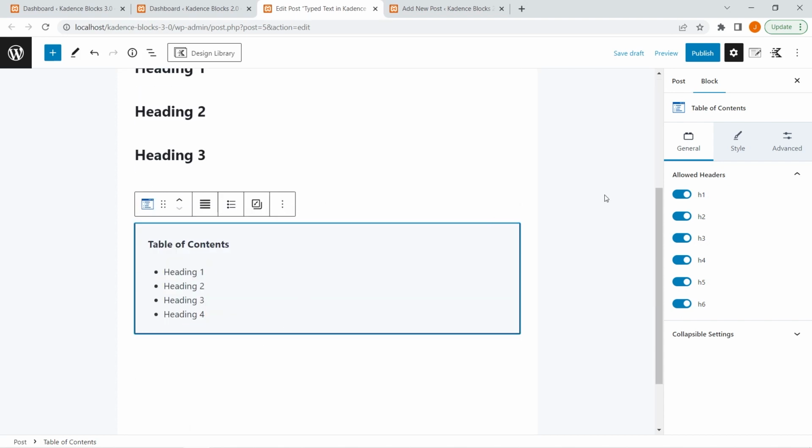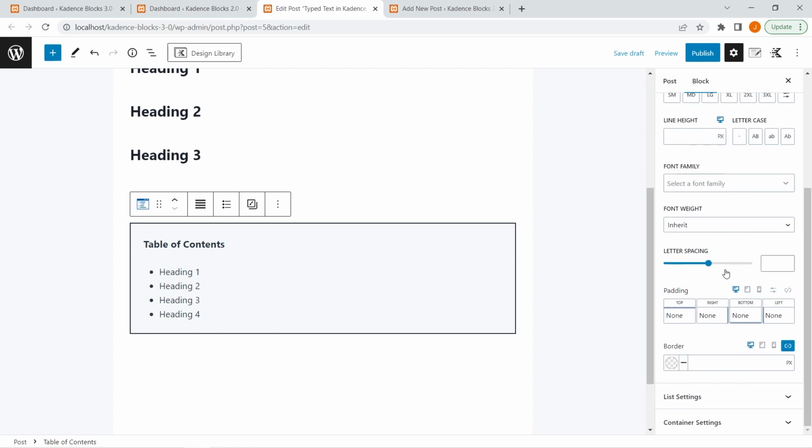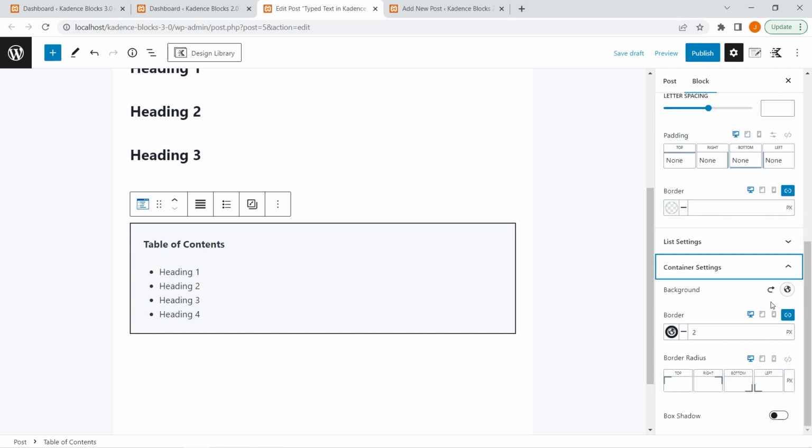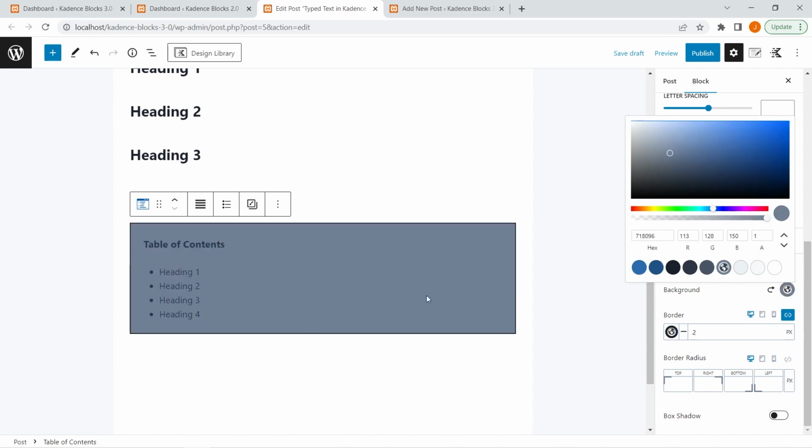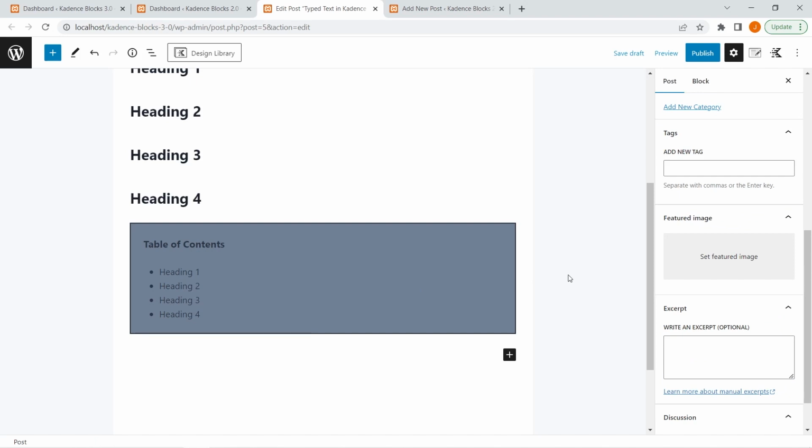So for example, if I want to change the background to something else, let's go to container settings. You can see it is set to this. I want to change it to something darker, and you can see I can do that easily. Now there are two things I want you to know here. First things first,